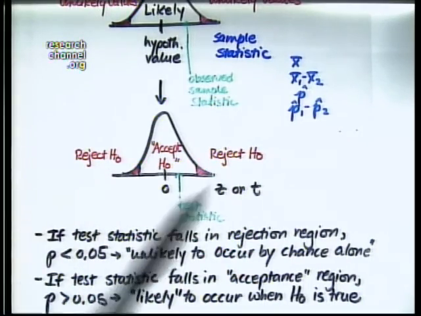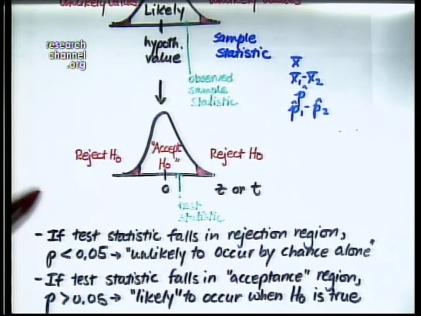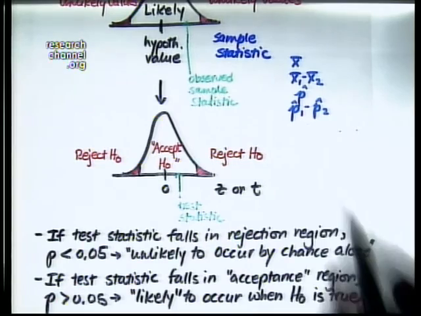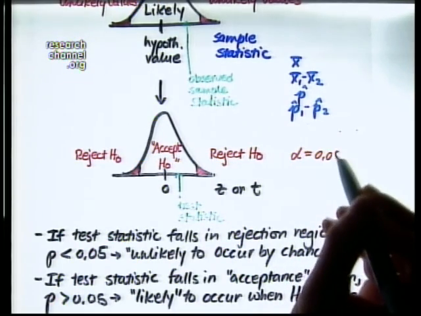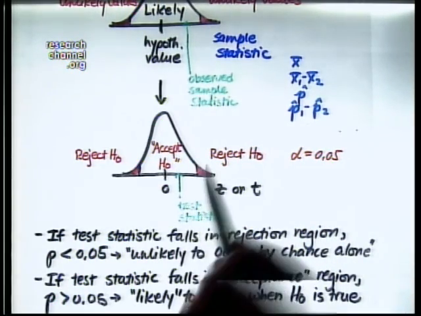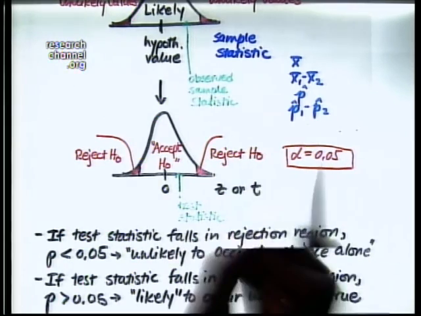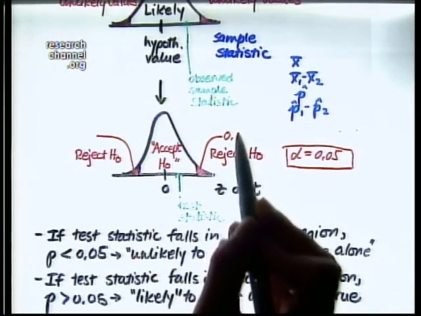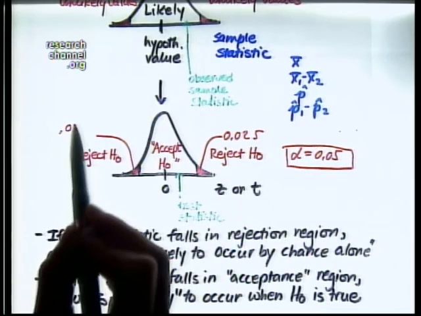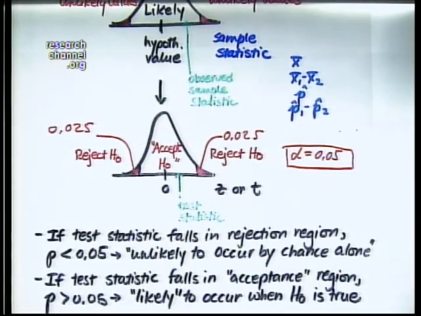So how do we make conclusions then and statistical decisions? We would say that if the test statistic falls in the rejection region in either tail of this distribution, and if we've also set the significance level to 0.05, then what do we know about the probabilities out here in the tails of the distribution? If the overall significance level is 0.05, then the probabilities in each tail are 0.025, so that we know that